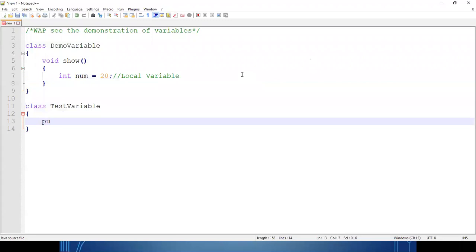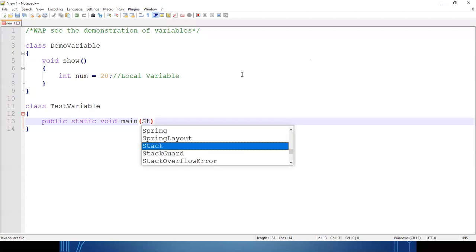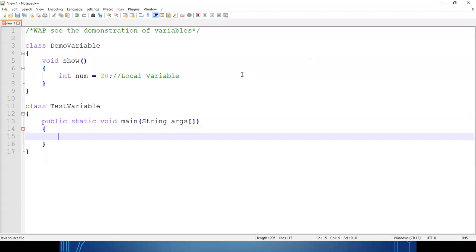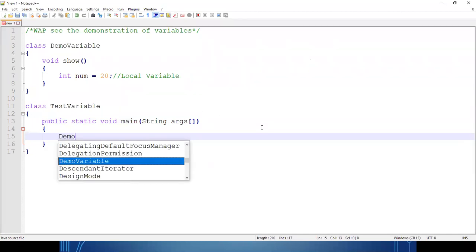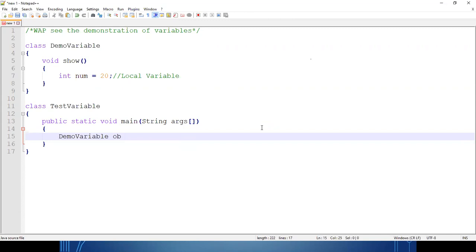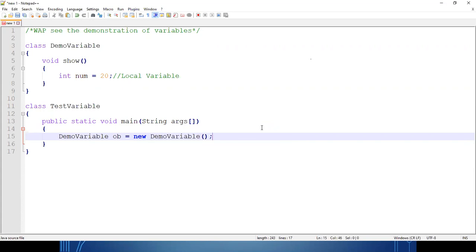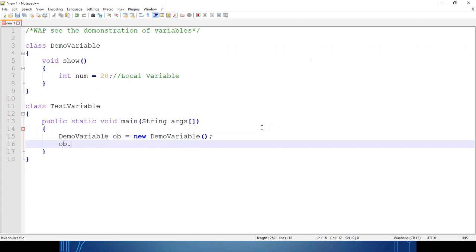Now how to access that one? So I'll define the main method. To access the method of a particular class, we need an object of that class, and we'll access the method by calling it through the object.